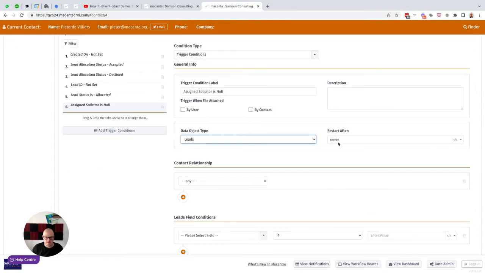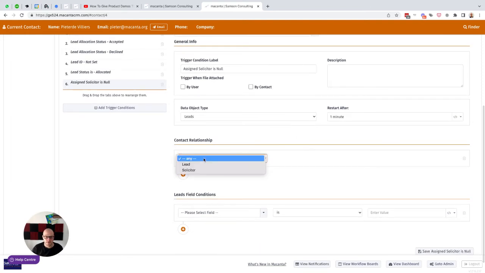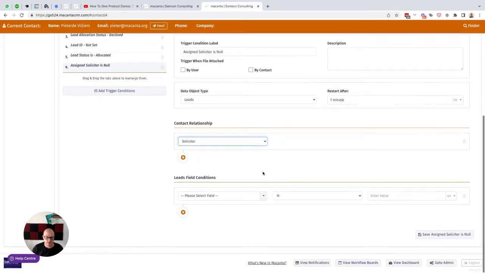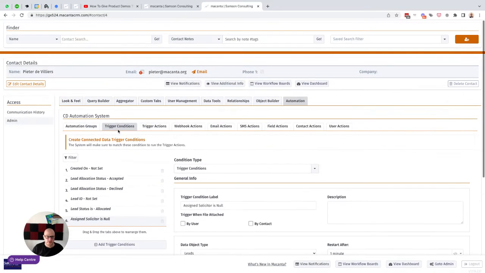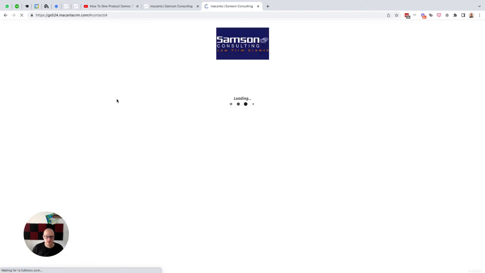Restart after can be 1 minute, because I just need it to run as quickly as possible, and it'll only run when it's null. So solicitor I'm choosing as the relationship again. I want the solicitor contact to trigger it, and then assigned solicitor is null. Okay, so save that there. So we've got our trigger condition in our trigger action. We just need to refresh the HTML,